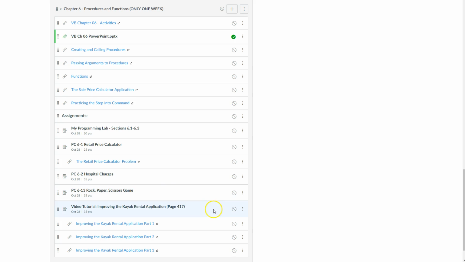All right, and then don't forget the Kayak Rental App. We have three videos that go along with that this week, and you'll be building the same types of things from the chapter. So if you go through this stuff and walk through the first one here, if you have any reservations or questions about how things are going with this, you might skip down and do the kayak rental just because it'll give you another way to check out some videos and see how those are built, and then come back and do these last two problems. So have fun with functions,